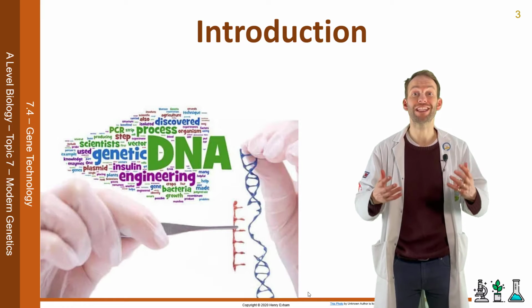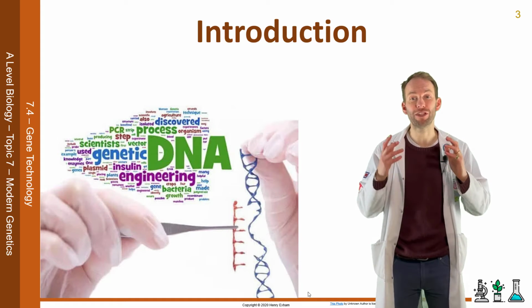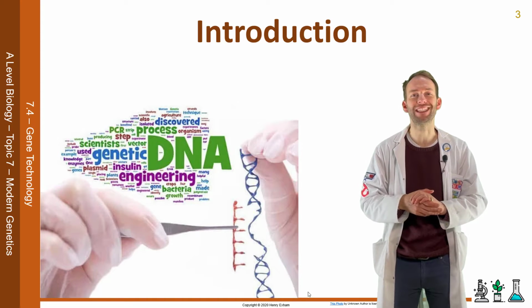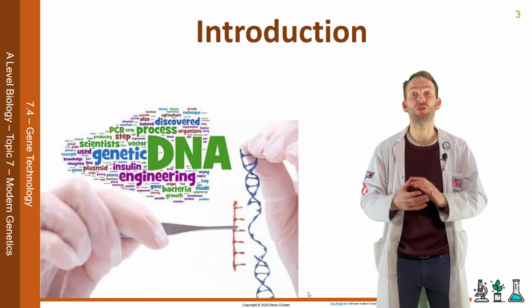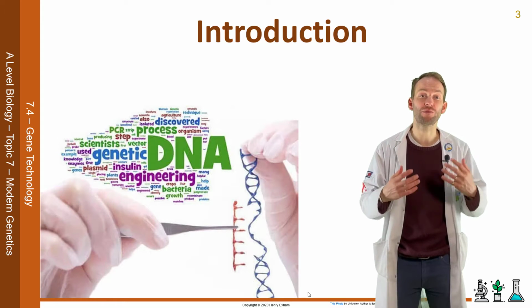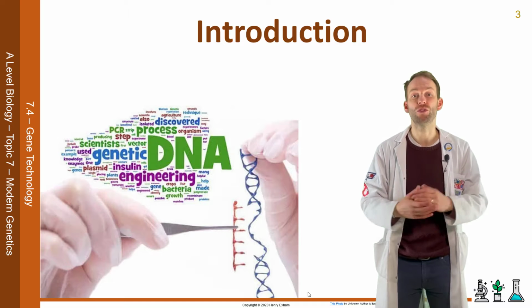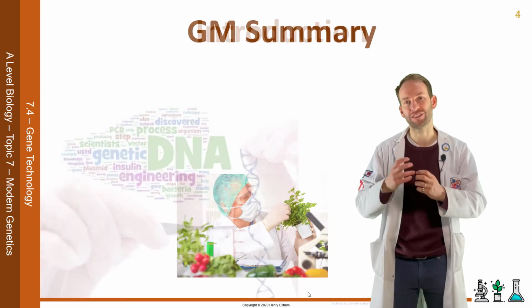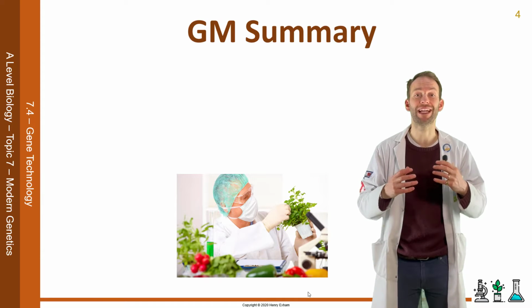Now, as you know, the genetic code is universal. It works the same in all organisms. Therefore, it is possible to swap genes between different species. This is called genetic modification or genetic engineering, and is being done on plants and animals for all sorts of uses. In this topic, you will learn how to isolate a gene and transfer it into another organism, forming a